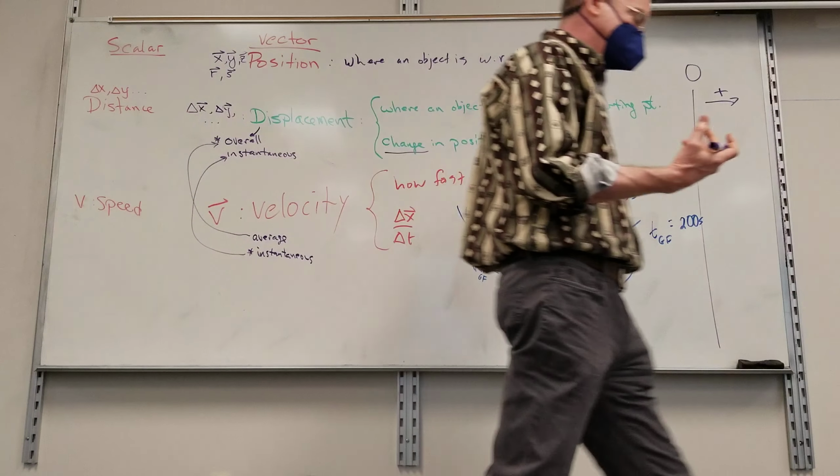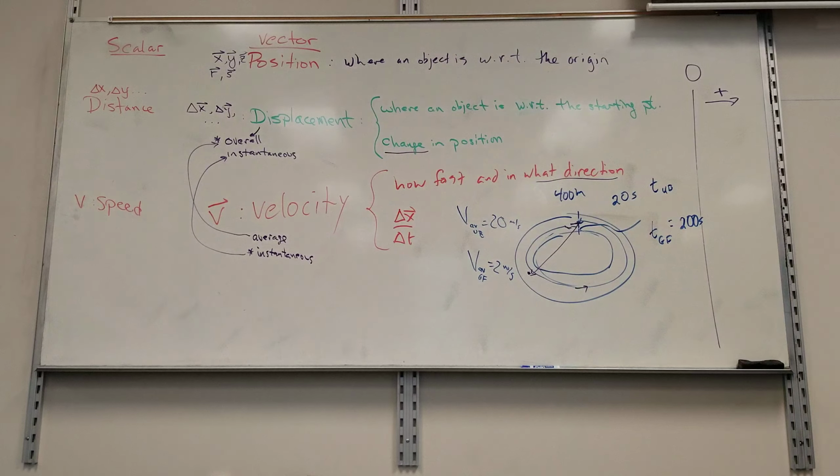And this might just be a jumble of words. Hopefully a lot of this will be cleared up when you do the lab piece of it. So when I ask, is my velocity positive, negative, or zero, what I'm talking about is instantaneous velocity. In other words, am I moving in the positive direction or the negative direction? So right now, my velocity is, and my velocity now? All right.